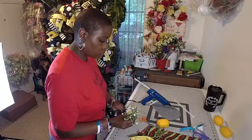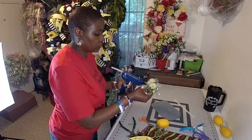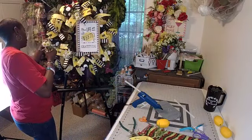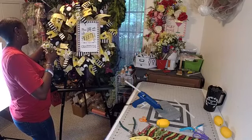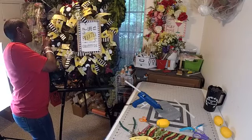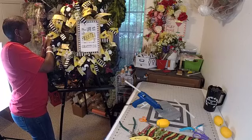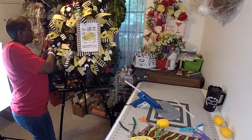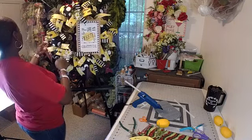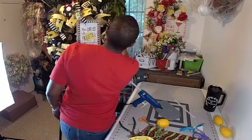Let me cut down some more. This is why I love to not cut down too much, because once you put it in, you can look at it, then you can decide, oh, well, you know what, I need to bring that down. I need one on the outer, and I think I'm gonna put